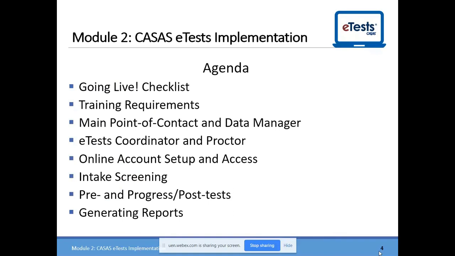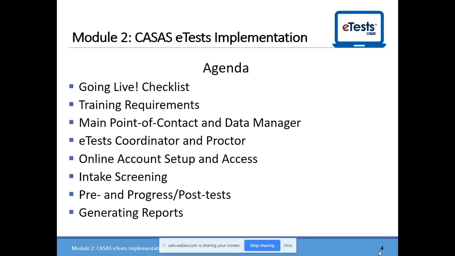I would like to say that you are going to be getting more questions as you're actually doing the testing. And we'll, of course, set up another webinar if we need one. And I'll also show you where you can go on the CASAS website to find information that you may need to answer your individual questions as they come up. Implementation is something to take seriously. It can be a little bit difficult, but